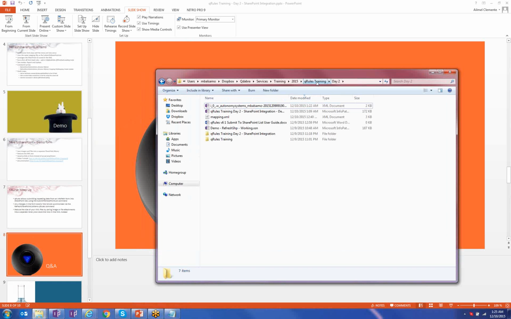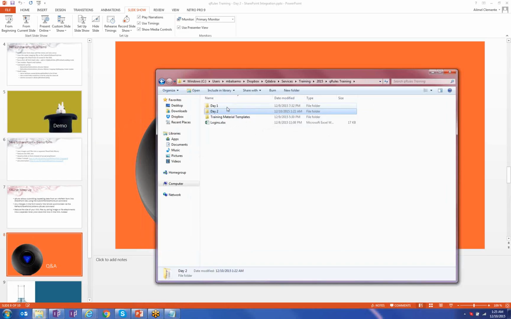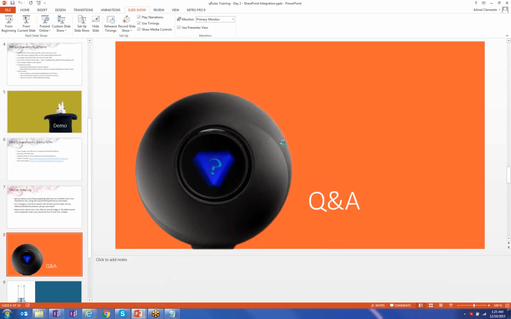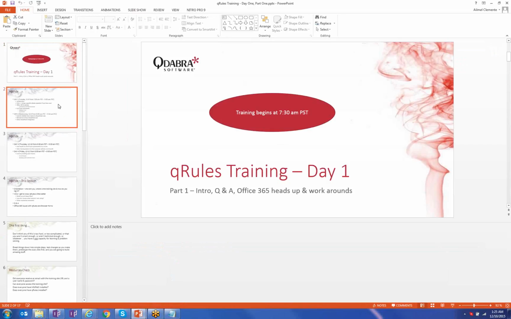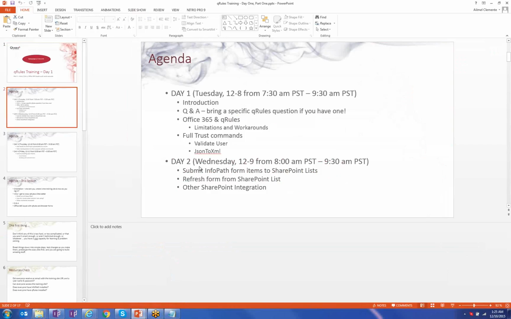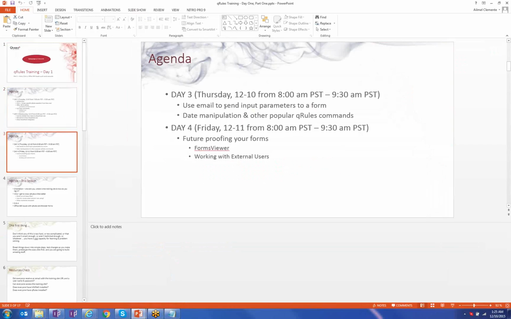I know I have a schedule, day 1, part 1. I think we have the agenda for the whole course here. So this is day 2, and then day 3, you're going to use email to send parameters, state manipulation, qRules. So it looks like, since we call this qRules training, it only focuses on qRules and not on DBXL integration. Vishal,